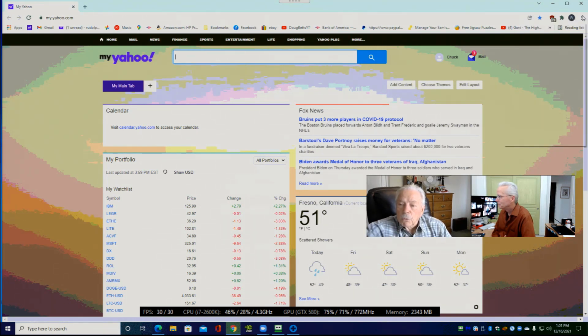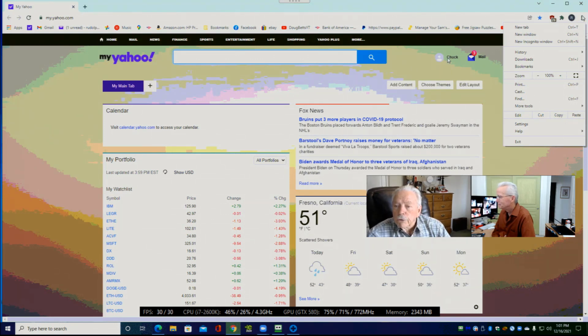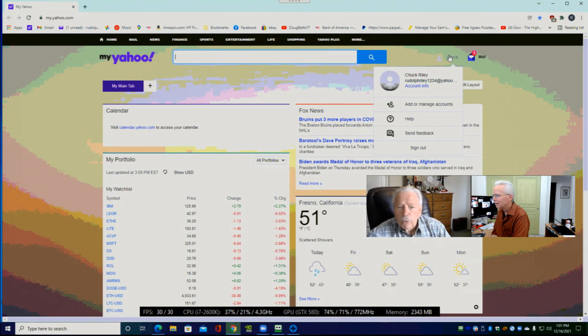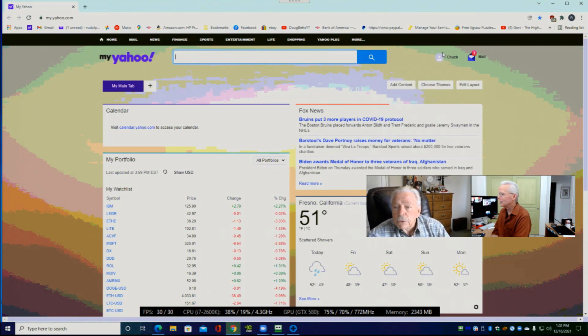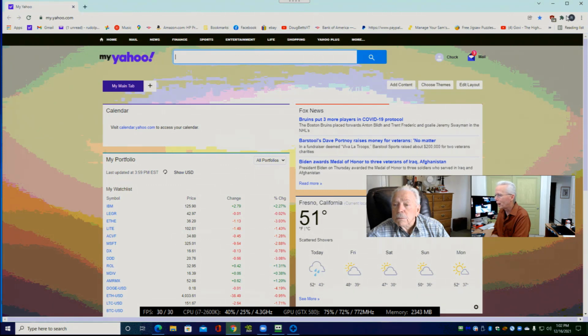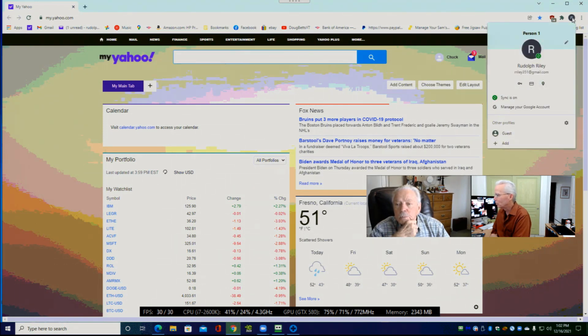Would this under Chuck be where you log in and log out? Well, that's for your Yahoo. Oh, okay. Oh, well, then we're not in Google. We're in Yahoo. No, not the case. We're on the Yahoo website, and we are logged into your account on Yahoo, but we're doing that using the Google Chrome browser where it's logged in with your Google account. So we're logged into your Google account because of the browser, and we're logged in to the website, yahoo.com, which has an email account for you. Okay.